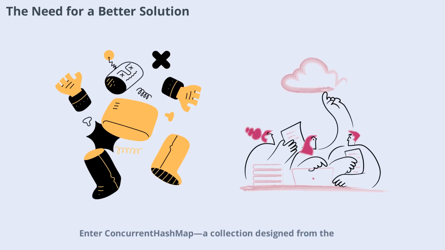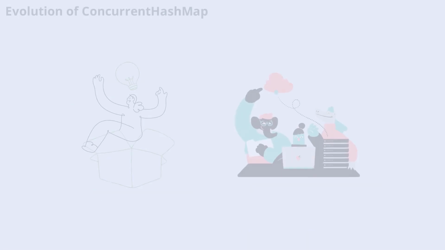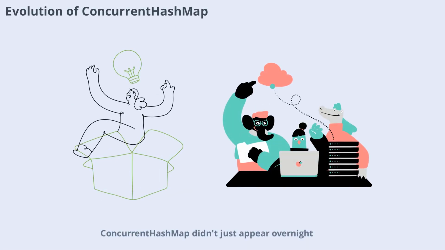Enter ConcurrentHashMap, a collection designed from the ground up to handle concurrency efficiently. Its architecture enables high throughput and scalability, making it a favorite among backend engineers working with multi-threaded systems. ConcurrentHashMap didn't just appear overnight. It evolved as a response to the growing need for scalable, thread-safe collections in Java. With the rise of multi-core processors and distributed systems, Java developers required tools that could keep up with increasing concurrency demands. The design of ConcurrentHashMap reflects lessons learned from earlier synchronization strategies, offering a more nuanced approach to locking and